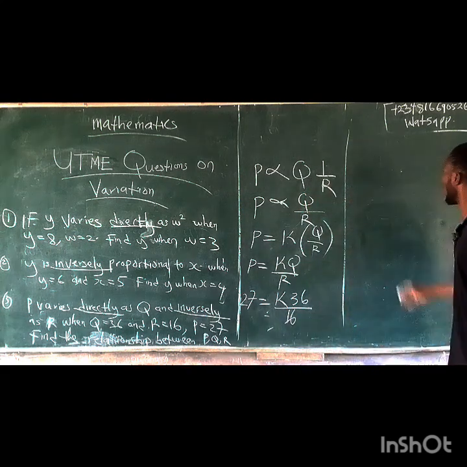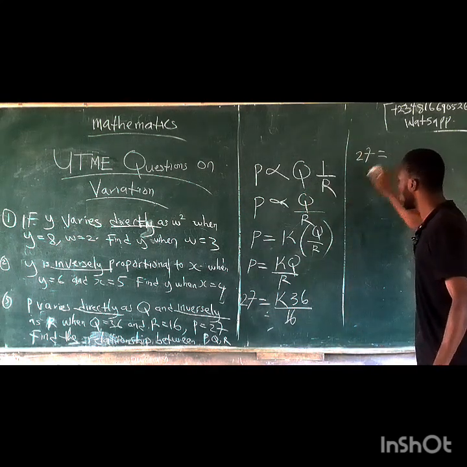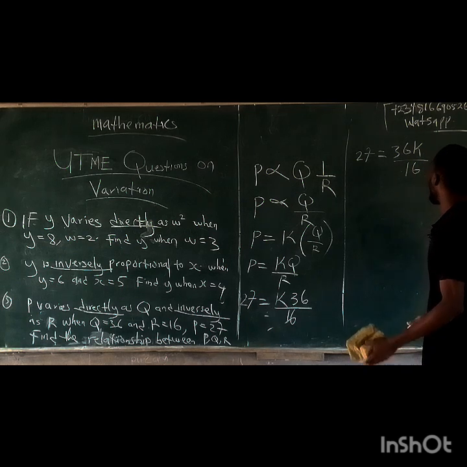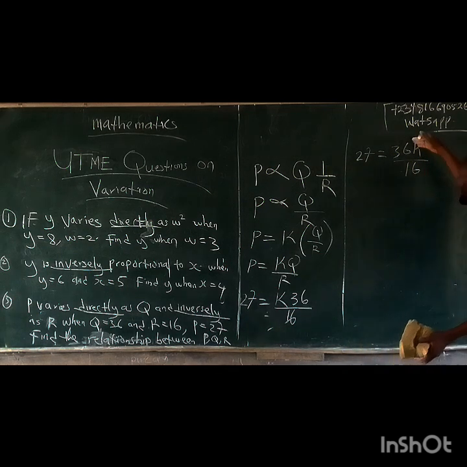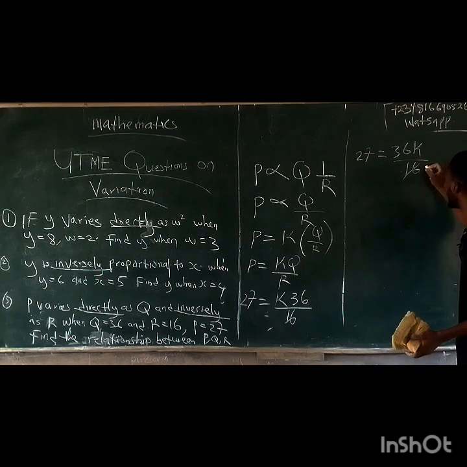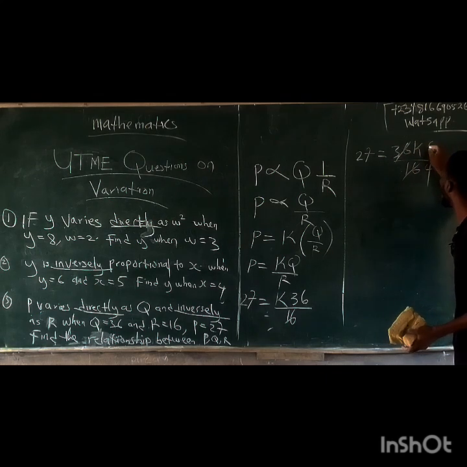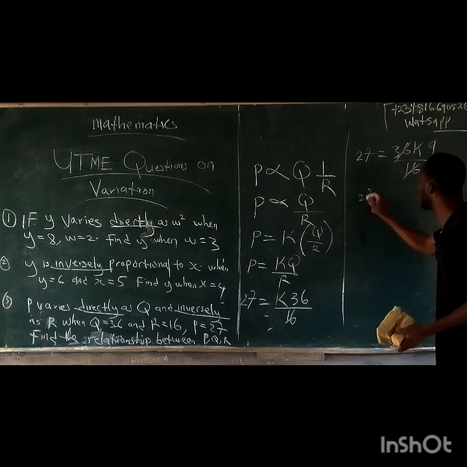Alright. Now, I have 27 equals K times 36, which is the same as 36K, all over 16. Now, I can still break this down to the lowest term so that it will be easier. What can divide this numerator and that denominator? 4 can divide both. If we divide, this will be 9 and this will be 4. So I have 27 equals